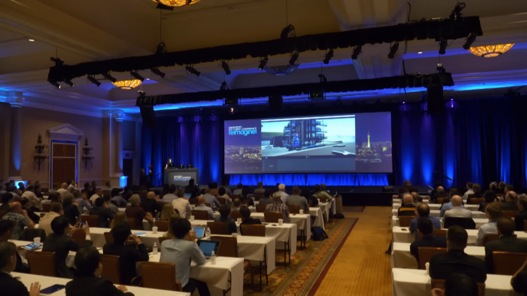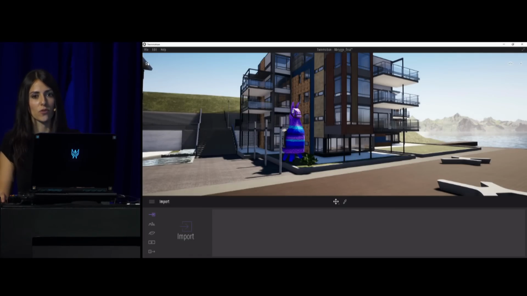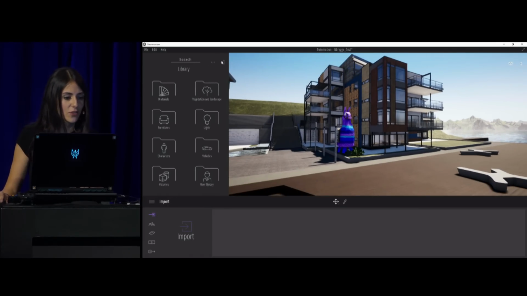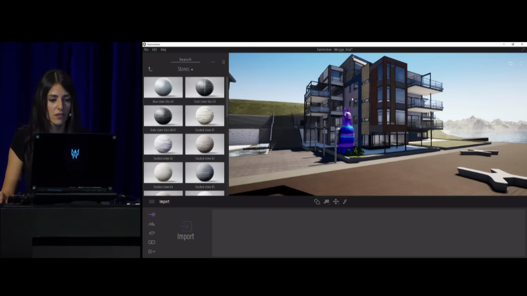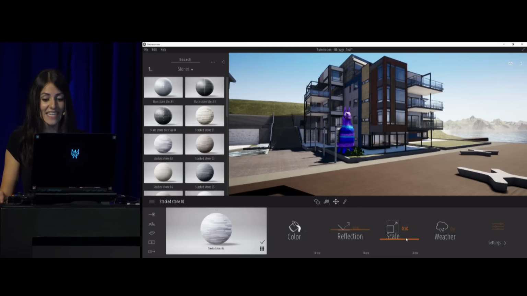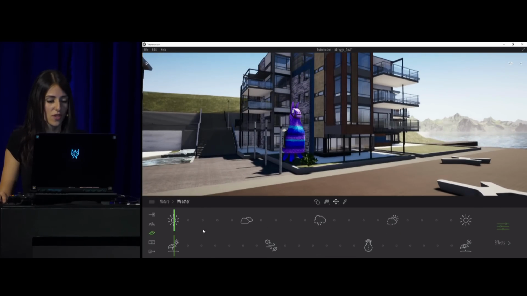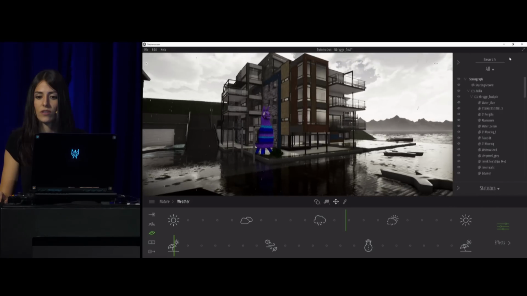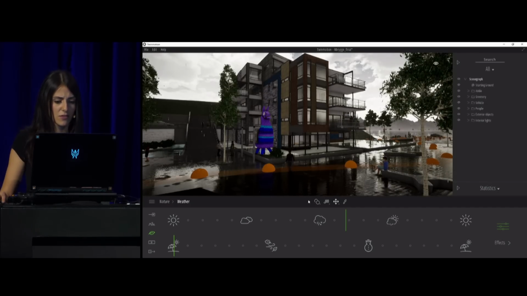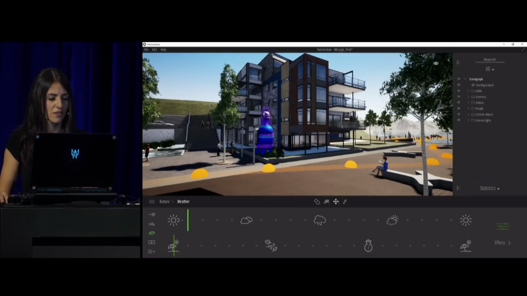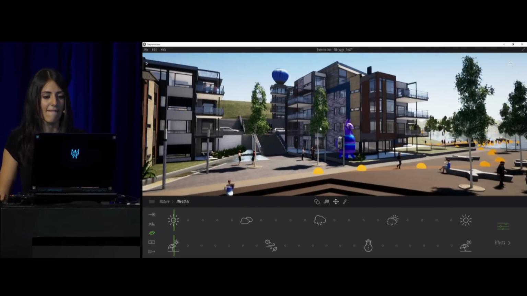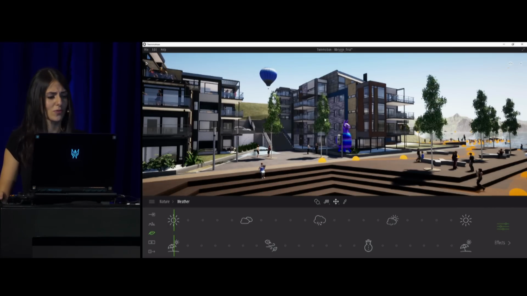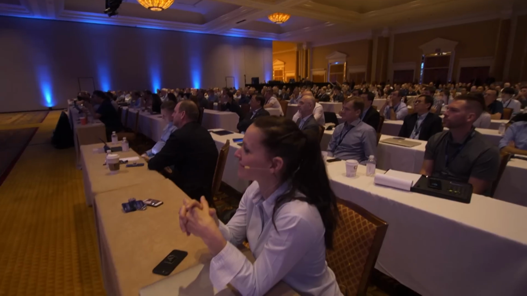So inside Twinmotion, we have a really non-destructive export workflow. That's nice. What else? We have a really simple interface. On the left, we have a menu with which you can populate the scene and try out materials. With the menu on the bottom, you can interact with your scene. You can change the weather in one go, and with the menu on the right, you have your layers and your hierarchies, and you can just organize your scene. Let me just turn on something, and since we are in sunny Vegas, let's bring this back on. So you see, nice integration, really super cool, simple interface, and you can now start telling your story